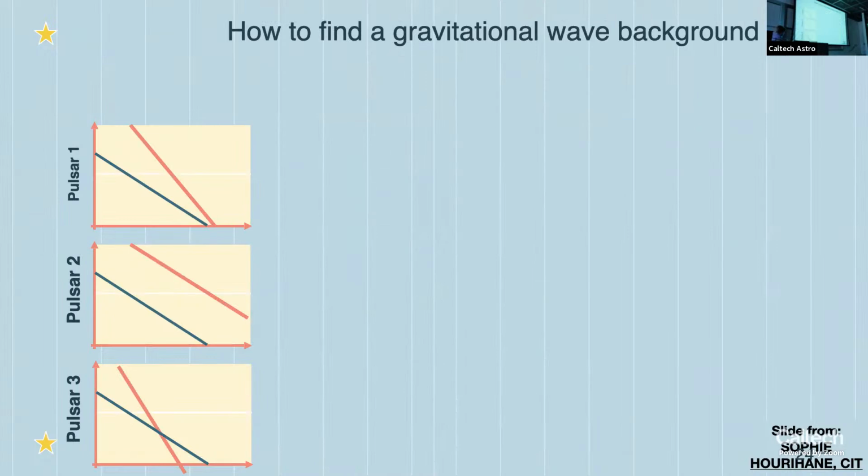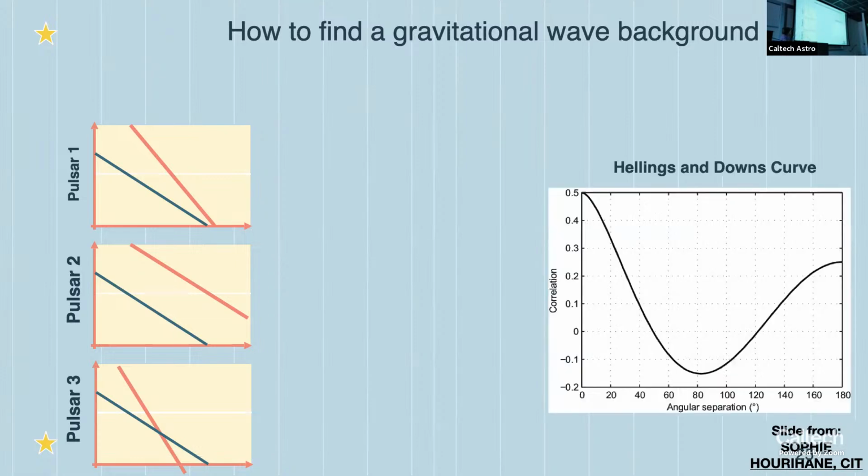So if you imagine just looking at the data from an individual pulsar, we're not going to be able to tell the difference between this red curve and this blue curve. We're going to see some combination of these things. But if we have several pulsars with a different red spectrum in each of these things, then even if we don't correlate our data, we're going to build up evidence that we have some extra piece here that is common. And so this is what we often talk about when we talk about searching for a common process. But that common process, as I said, should be correlated. And the correlations are going to depend upon the separation angle between those pulsars in the sky. And again, this is what we call the Hellings and Downs curve.